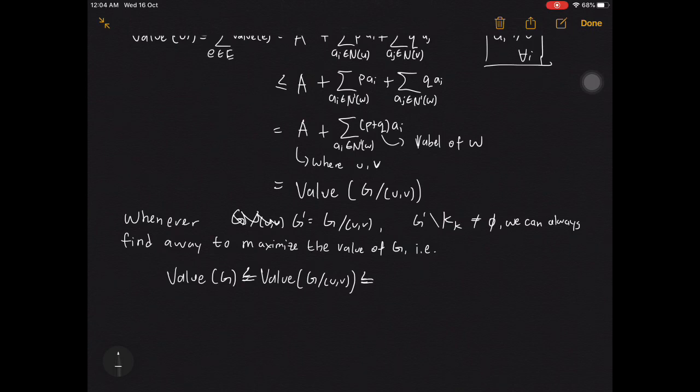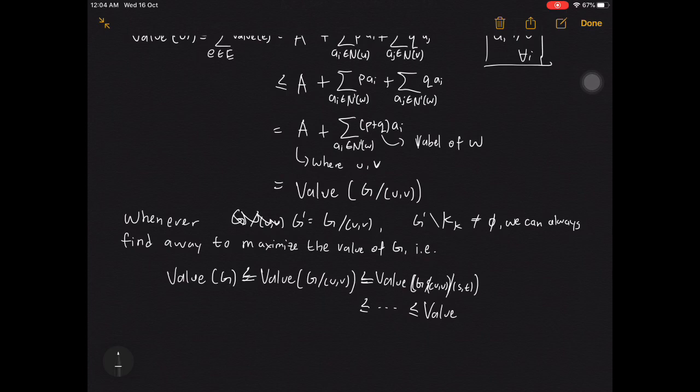This is also less than or equal to the value of G contract with UV, and we contract another pair, for example S and T, and so forth,